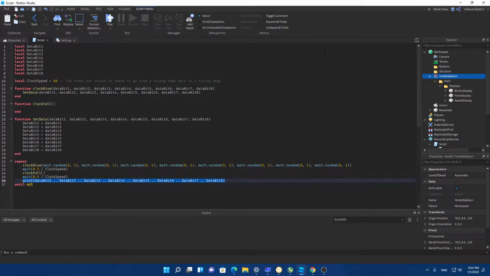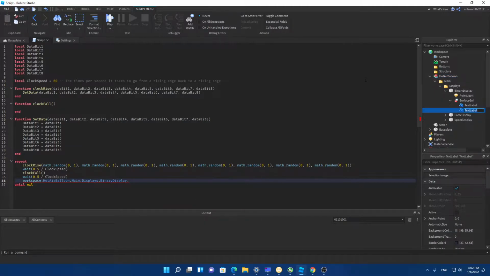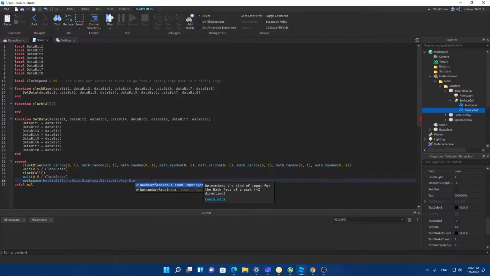And I can get rid of this print and say workspace dot hot air balloon dot main dot displays dot binary display dot, then I have to do binary text depending on dot binary, the surface graphical user interface dot binary text equals